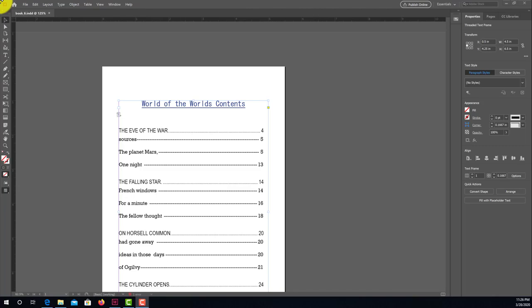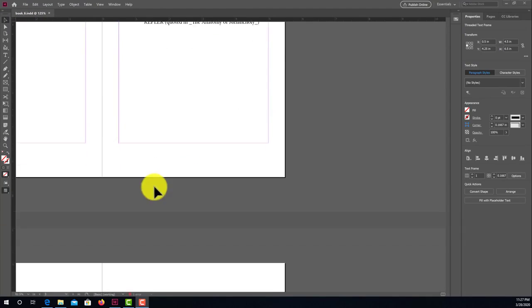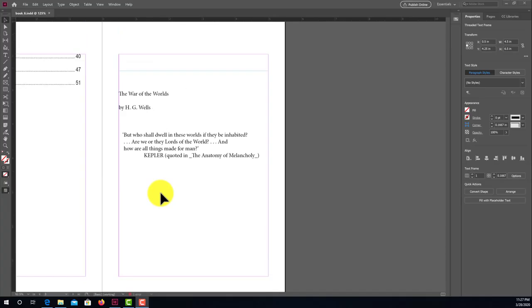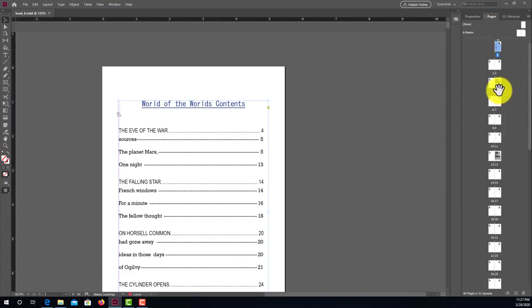Be going over just adding page numbers and also using the master pages for a couple other things, but I want to start off with the simple way of just adding numbers for your pages. So you can see in the contents it already has them, but on the pages themselves they're not automatically labeled, and there's ways to do that, and one of them is if you go into your pages and use your